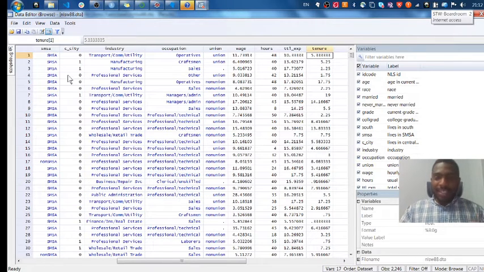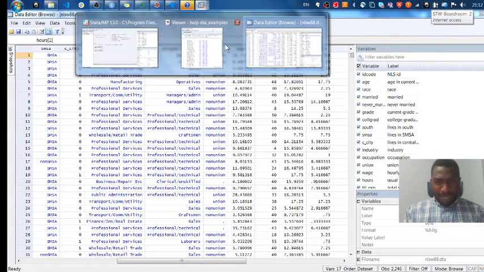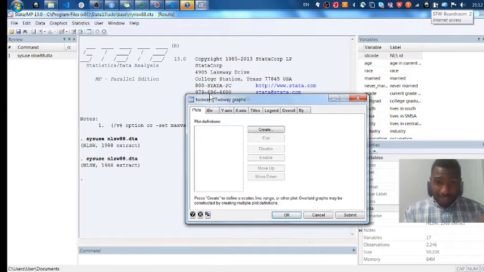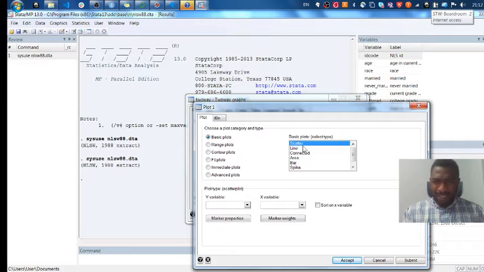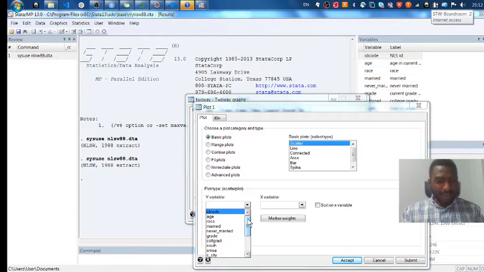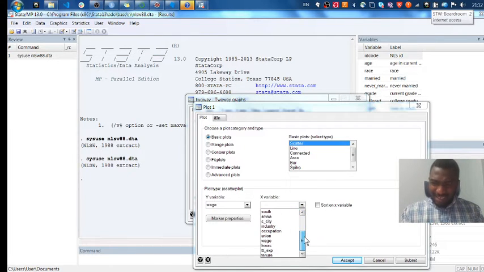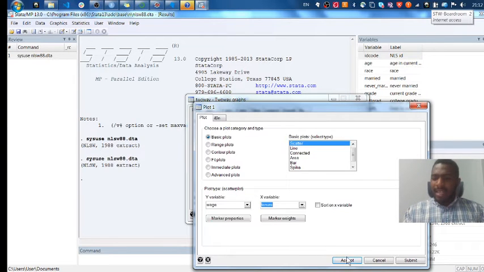Okay, so let's do the interesting stuff. We want to regress the wage on the tenure. I'm going to go back to my main menu and say Graphics, Two-way graph. With this two-way graph, I'm going to see the relationship between the two. I'm saying Create, Basic plot. My y variable, the one I want on the vertical axis, is wage. Then I'm going to pick my x-axis as tenure. Then I'm going to accept,